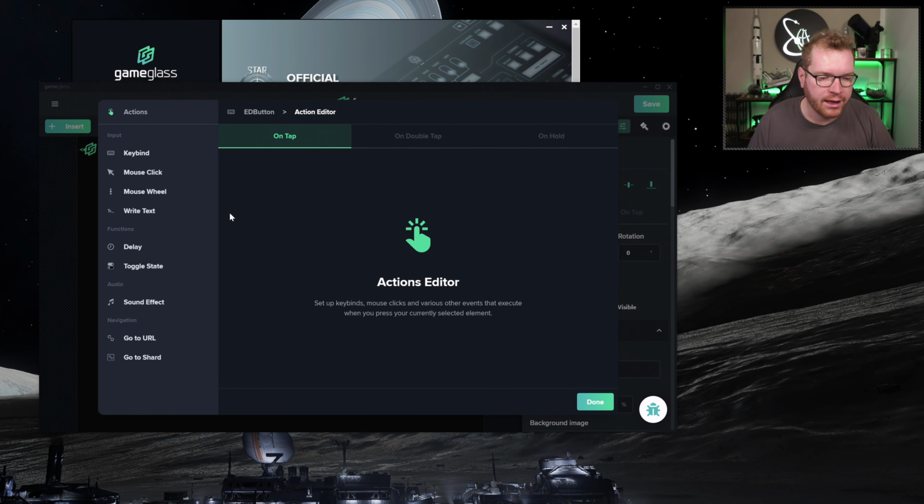And of course you can go into the action menus here, where you can determine what happens if you do a single tap or double tap, or if you hold down the button for a few seconds. You can have key bindings, mouse wheel, you can have it write text, you can add in delay, so you can make small macros, even play sound effects, go to a URL if you want to open up your favorite web page,